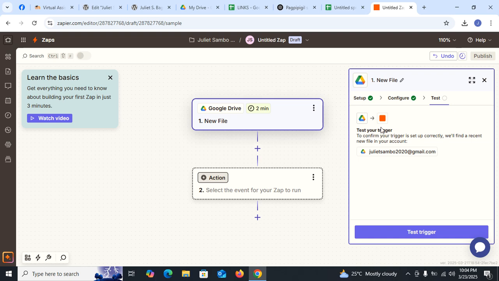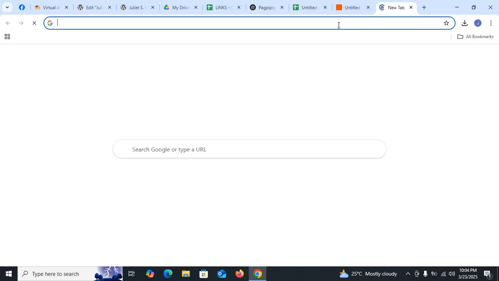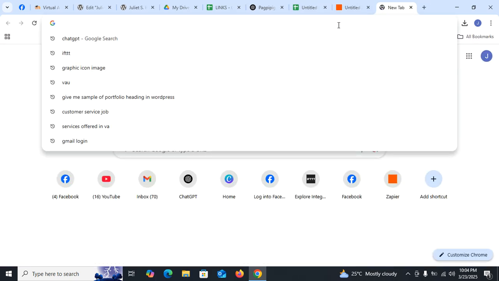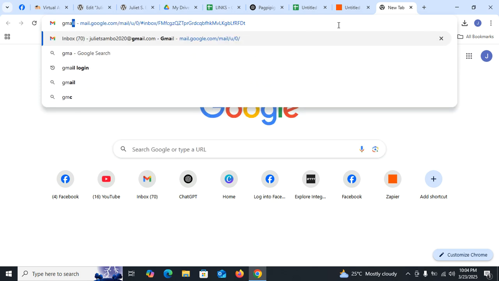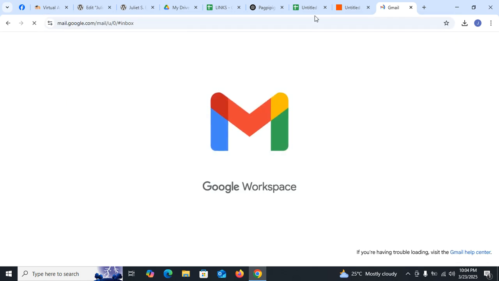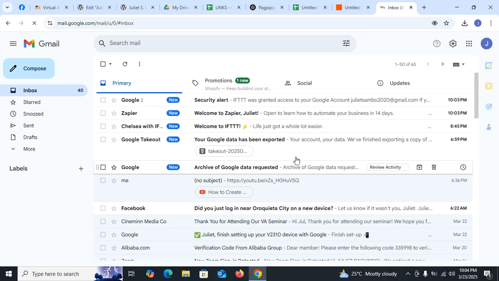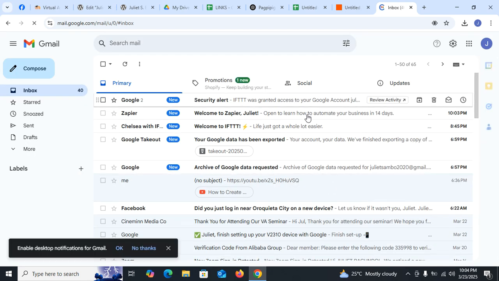And by the way, the first thing to do is you have to check your email, your Gmail account, to verify. I'm going to check my email.